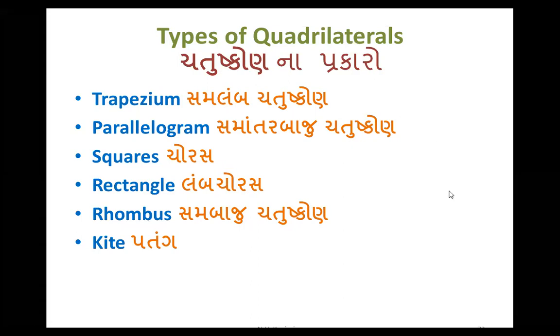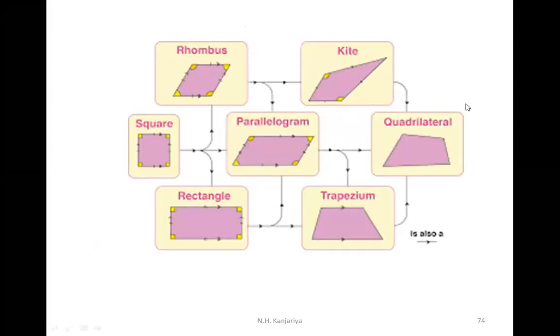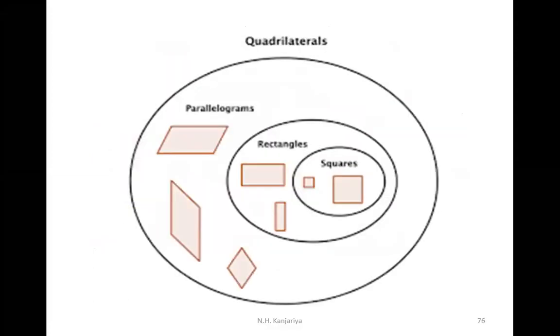So look at the first of all, this is the chain. All the quadrilaterals depend on each other. Don't misunderstand this. One thing you must remember: the first quadrilateral depends on the second, the second depends on the third, the third depends on the fourth, and so on. So all of them are connected to each other.